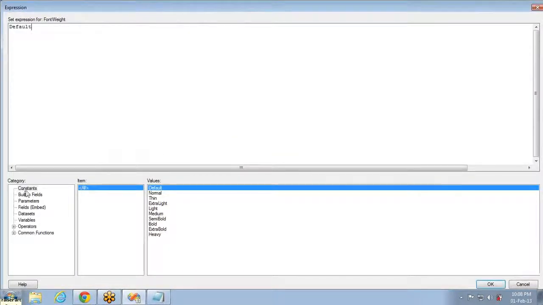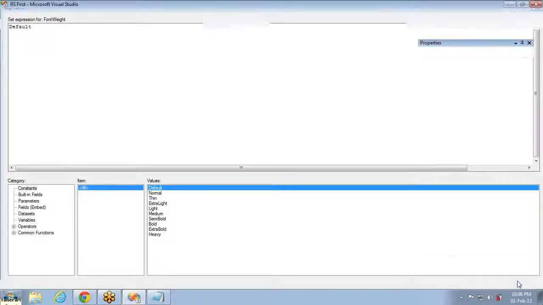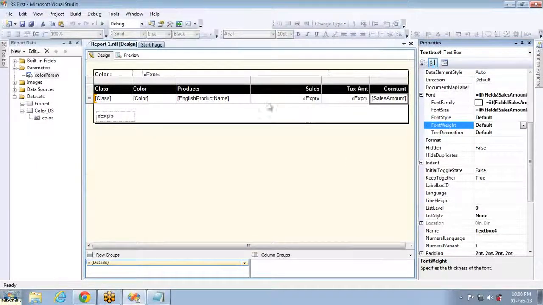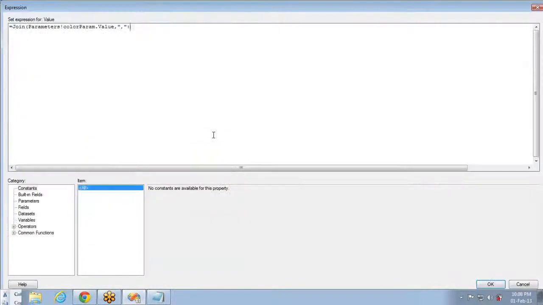If you see now, I selected some font weight, and you are getting thin, extra light, medium. These are all the constants. Apart from these constants, the remaining stuff will remain the same, and hence wherever you see the effects, that means you are able to pass a dynamic value for that.